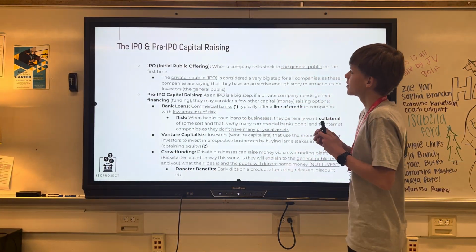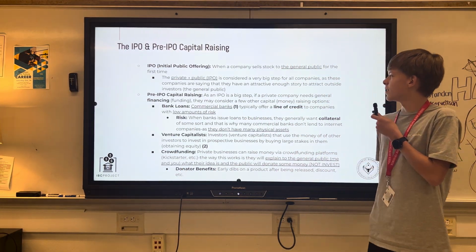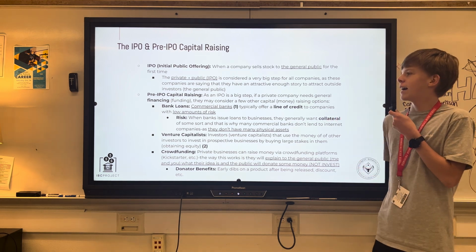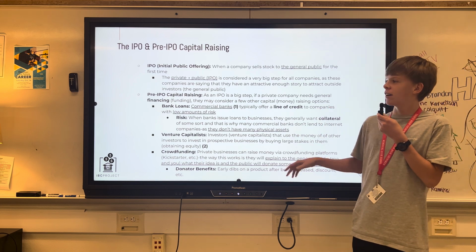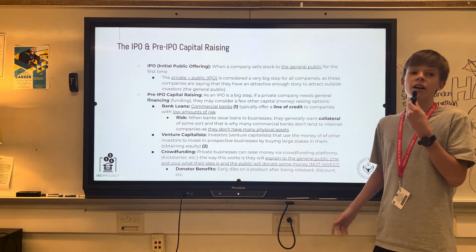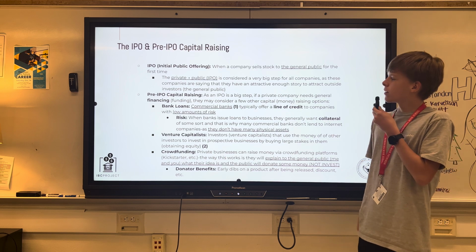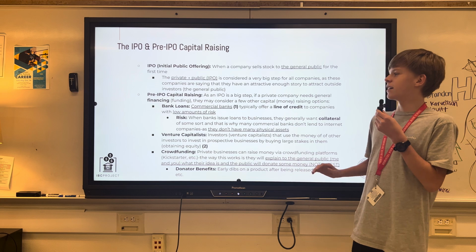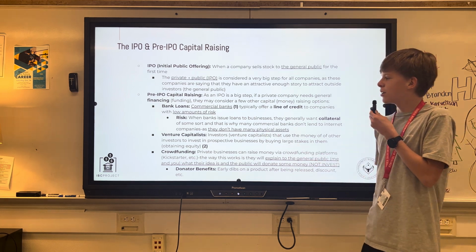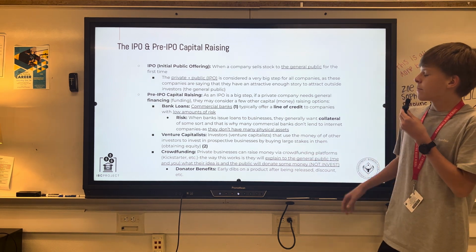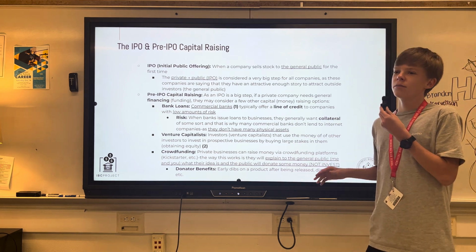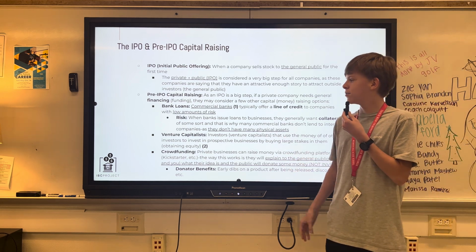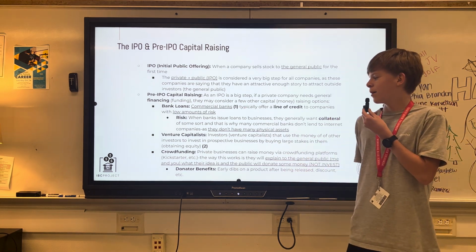Okay. So an IPO is when a company sells a stock to the general public. So anyone who's over 18 can buy equity in this. So this is an extremely big deal for a lot of companies. But if this is too big of a deal for you and you want to do something like a step below, you can do a pre-IPO capital raising. So this is if you want funding for your company, but you also don't want to have to go up to an IPO. So there's three types. There's bank loans, venture capitalists, and